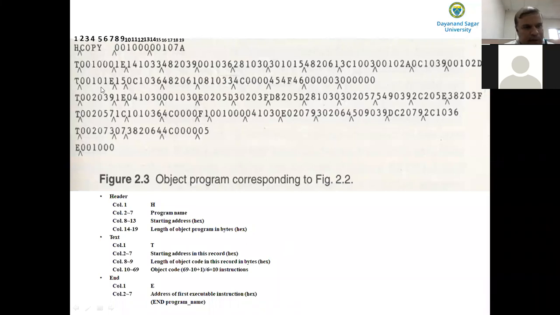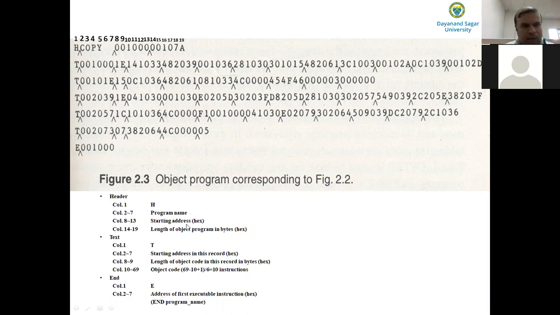After writing the text records, we need to write the end record. What is the format of the end record? Column 1 indicates the letter E. Check here: column number 1, you write the letter E, which indicates that it is an end record. From column 2 to 7, the address of the first executable instruction.